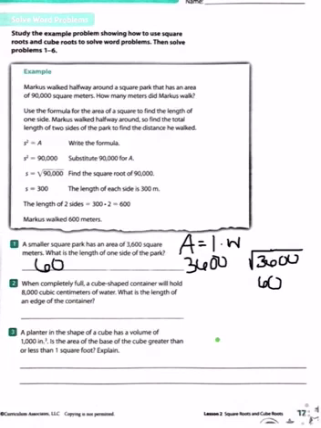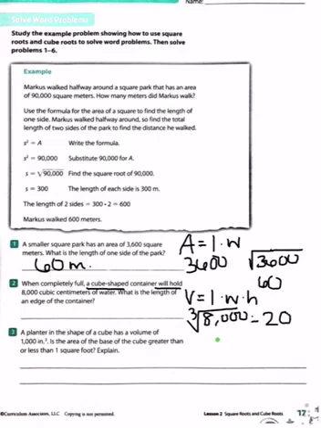60. 60 meters. Number 2, when completely full, a cube-shaped container will hold 8,000 cubic centimeters of water. What is the length of the edge of the container? So since it is a cube and we're talking about holding water, we're talking about volume, which is length times width times height. Talking about volume, we're talking about taking the cube root of the number 8,000. The cube root of 8,000 is 2, and then take one of the zeros, 20